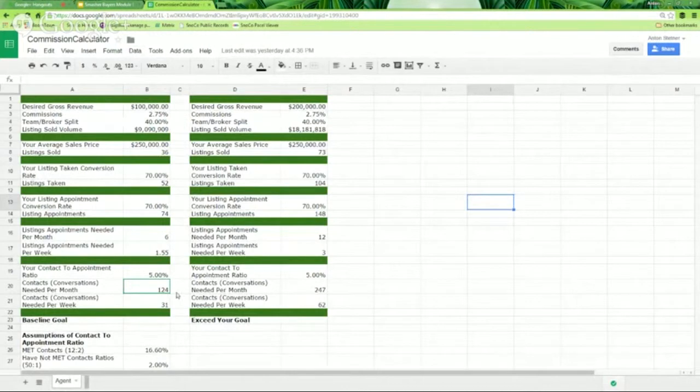Going to go through this commission calculator real quick, and you can see that we've created a baseline goal on the left, and we've got an exceed your goal or a stretch goal on the right. So for conversation's sake,